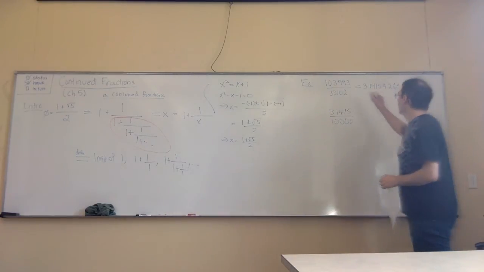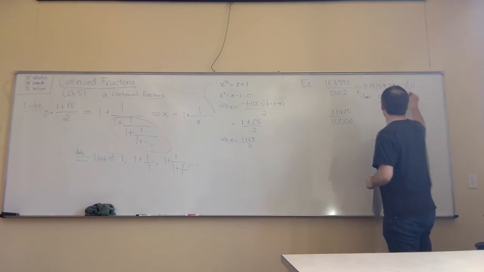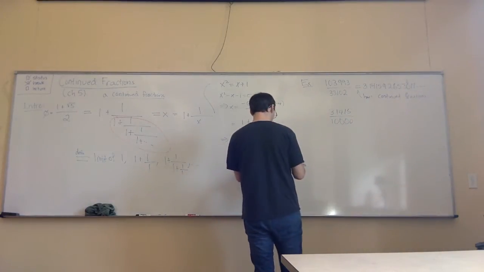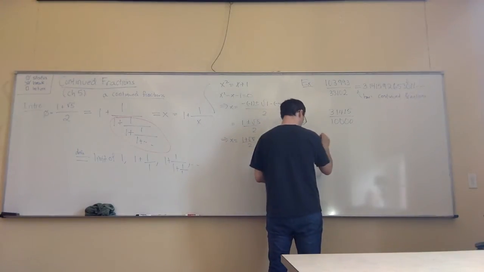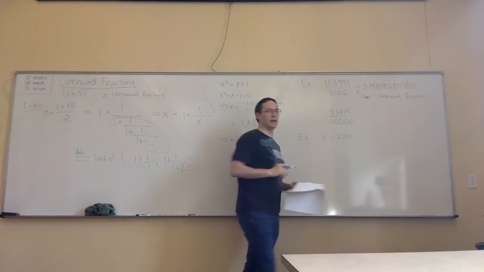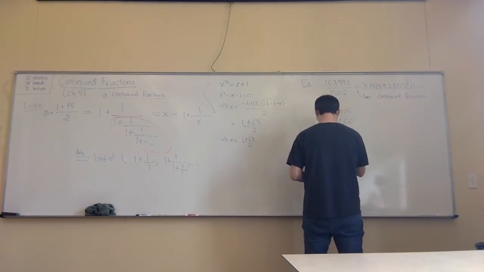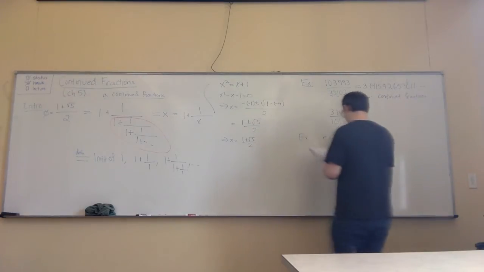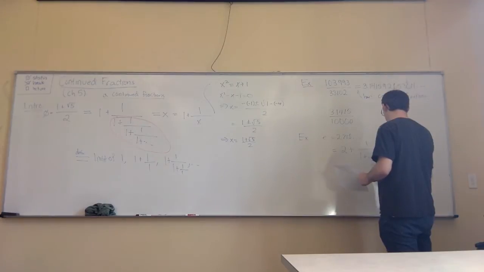Okay, so how continued fractions work. Okay, let me show you one more surprising looking example. So you know the number e, which is 2.718..., the base of the natural logarithm. Turns out it's also equal to 2 plus 1 over 1 plus 1 over 2 plus 1 over 1 plus, it's getting hard to write it